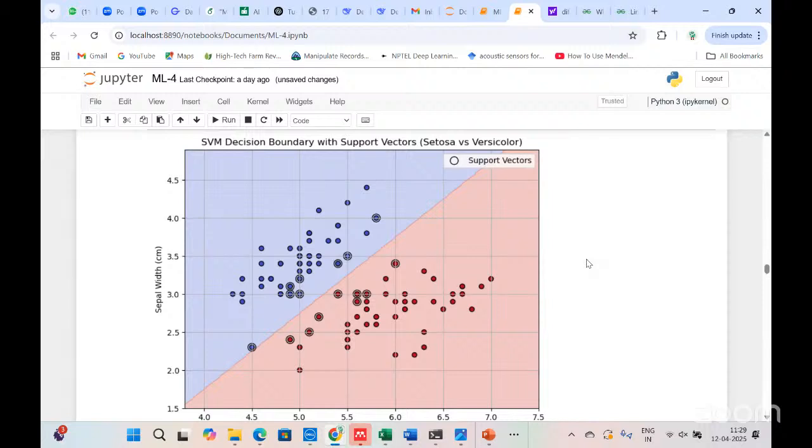So for the same data set, we have used the SVM classifier. In this SVM classifier, we are having two types of data sets. This is one, this is one. So in the SVM, if any data is there, it will find an optimal boundary dimension. That we call SVM,